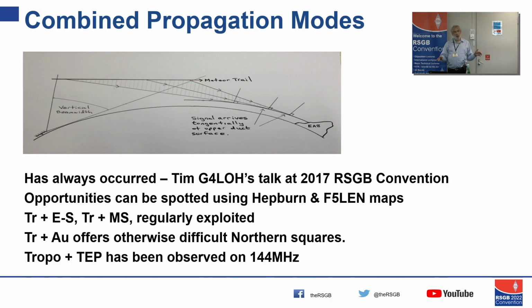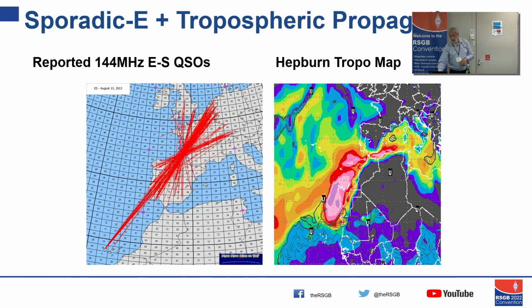I've worked Tropo plus Aurora. I didn't realise it to start with, but my signals were being ducted over the North Sea to the southern Norway coast, and I was working northern Sweden, which would be way beyond the sort of fence that you would expect to work by Aurora. And I'm told that Tropo and TEP has been observed on 144 between Japan and Australia. So